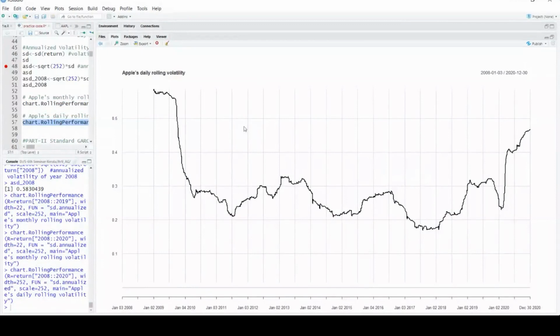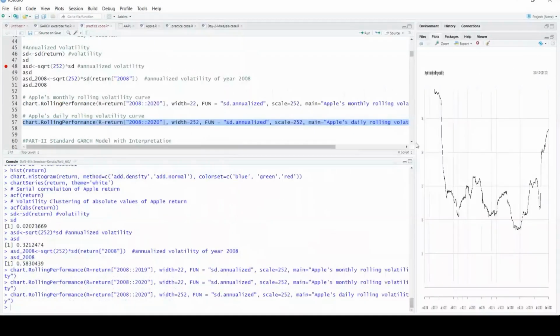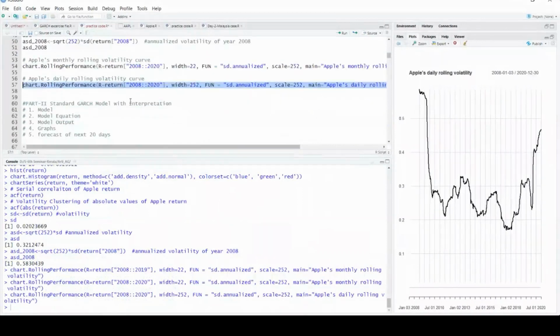So of course we do have reasons for that, and in between there are ups and downs. There are reasons definitely, but two reasons which I can quote here: for 2008-9 we have the global financial crisis which hit the markets all over very hard, and in 2019-2020 we have the novel coronavirus cases, so that also hampered the stock market a lot. So now let's move to the standard GARCH model with the interpretation that I discussed yesterday, but I'm repeating it again.